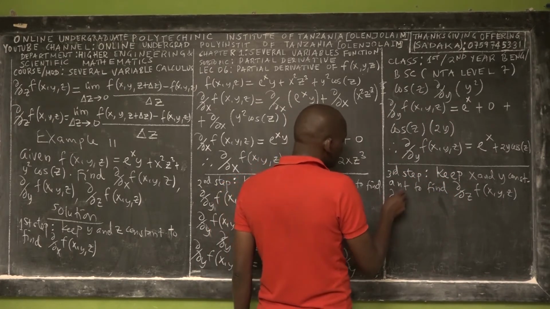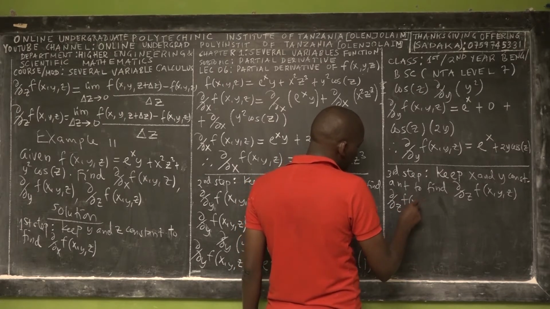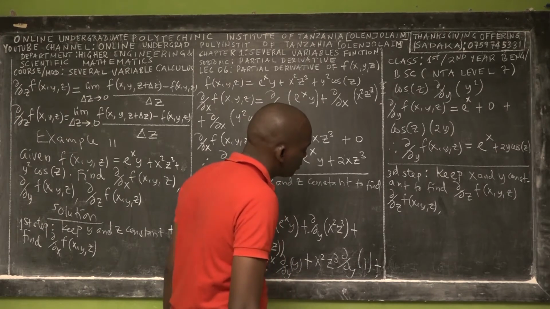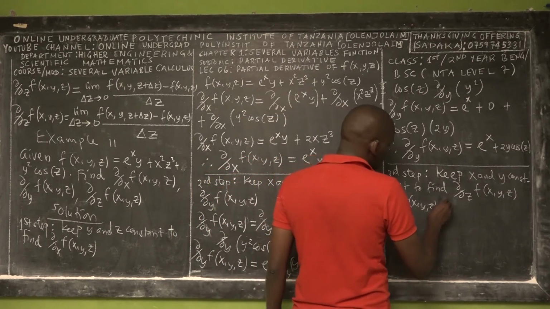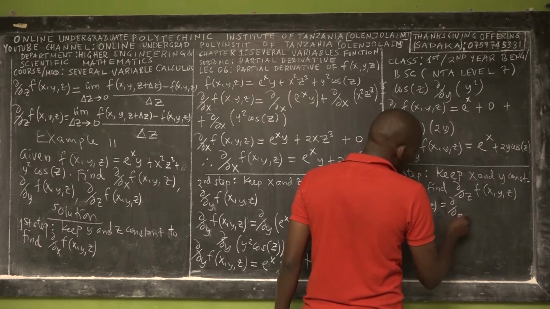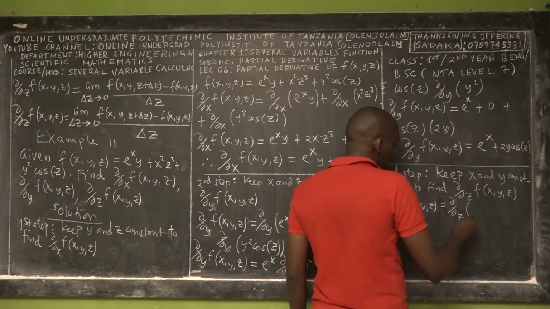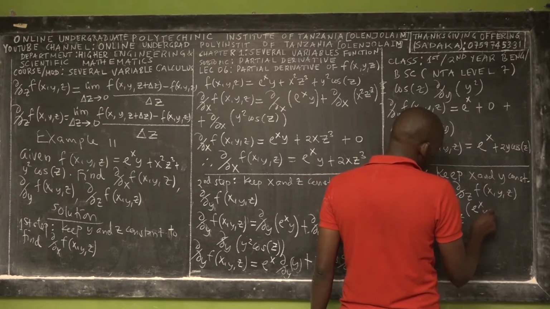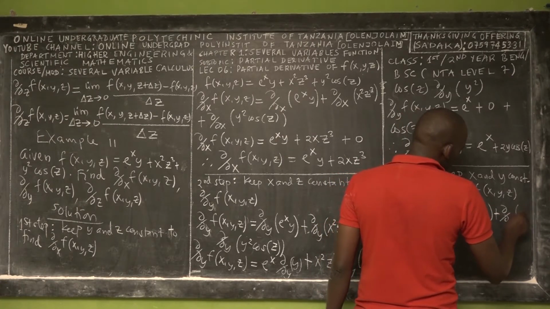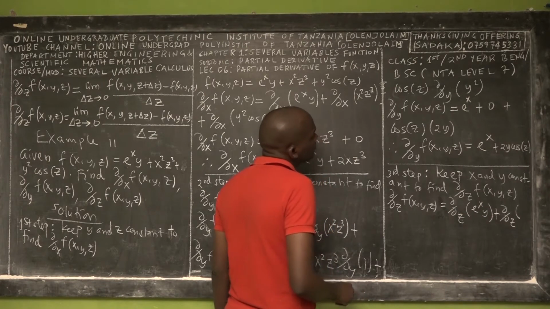So now the partial derivative of the function f of x, y, z with respect to z is equal to the partial derivative with respect to z of the first part, which is e to the x y, plus the partial derivative with respect to z of